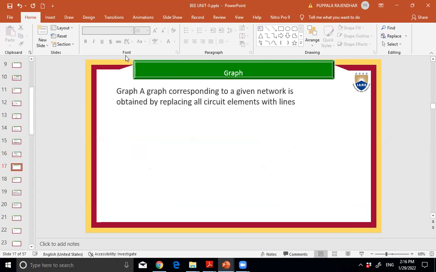What is a graph? By replacing all the circuit elements, a graph corresponds to the given network, which is obtained by replacing